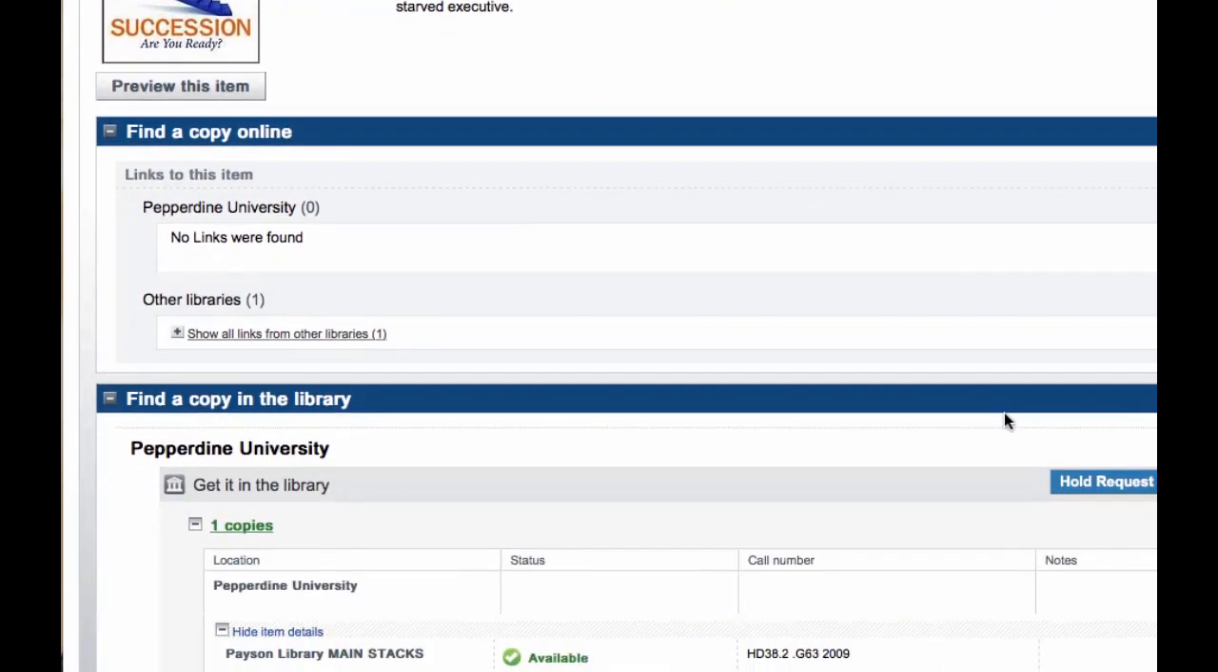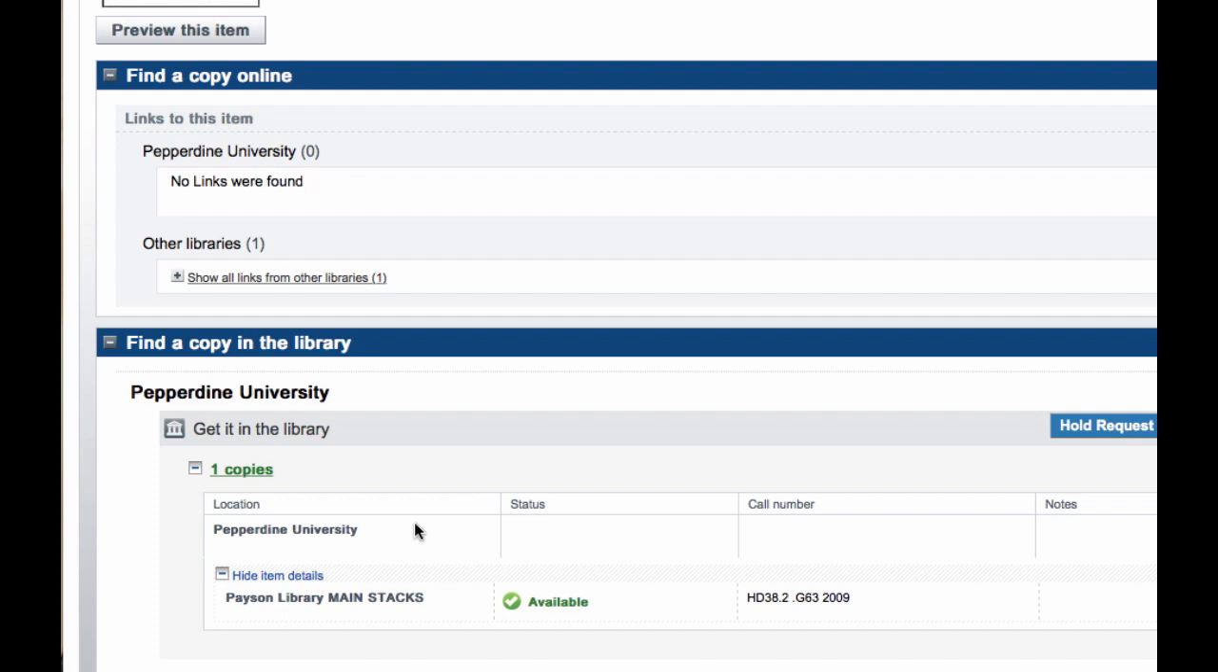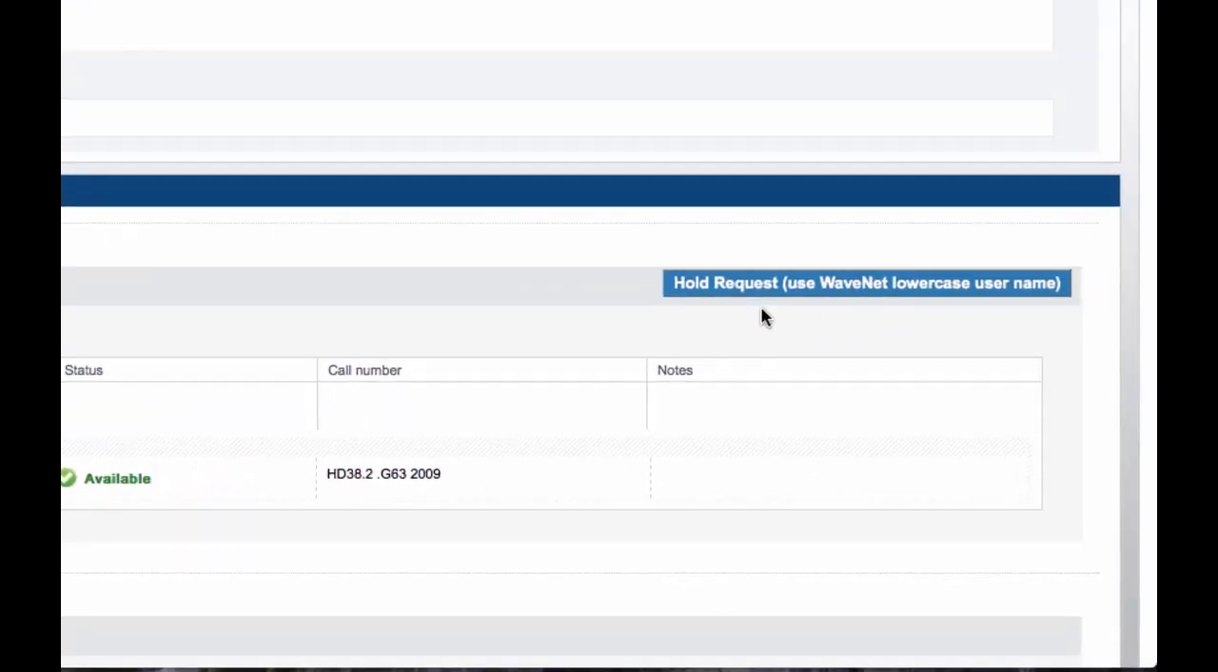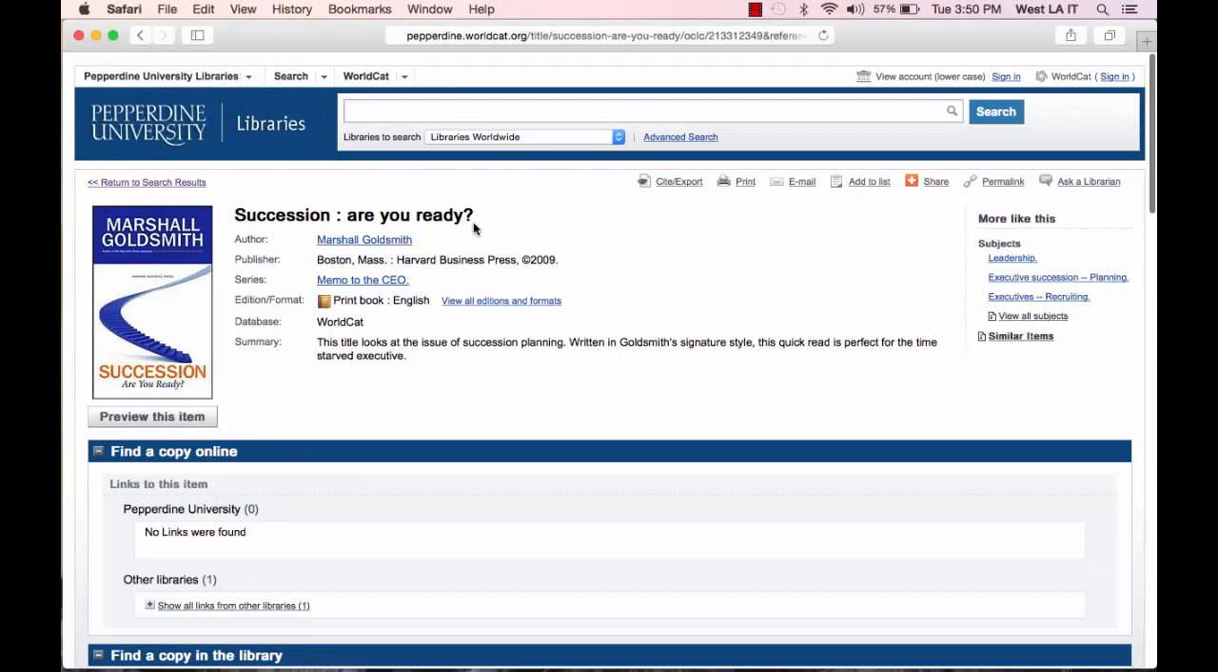If we scroll down, I just want to point out that this book is located at the Payson Library, which is on the Malibu campus. It is available. This is the call number, which is the location on the shelf. If you want to have this book delivered to another campus, you can click this button here, and then be sure to type in your WaveNet username in lowercase letters. Use lowercase letters. I'm repeating that because otherwise you'll get an error message, and it's a nuisance. So use lowercase letters. All right, so let's go back to the search results, and I want to talk about